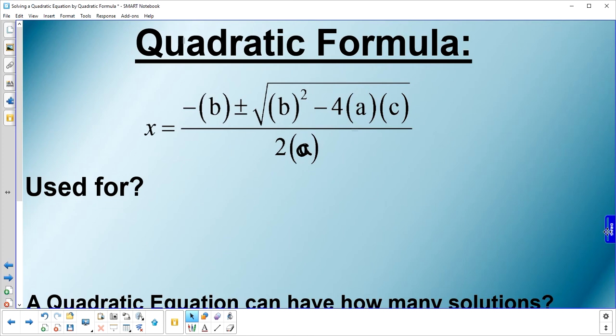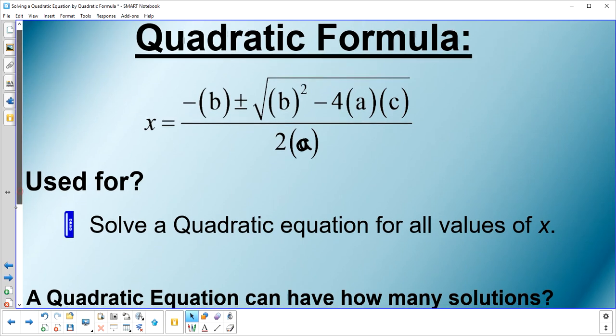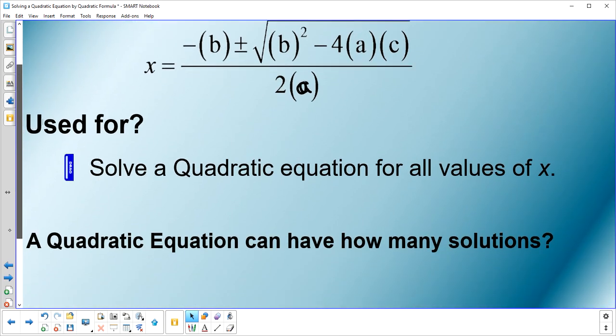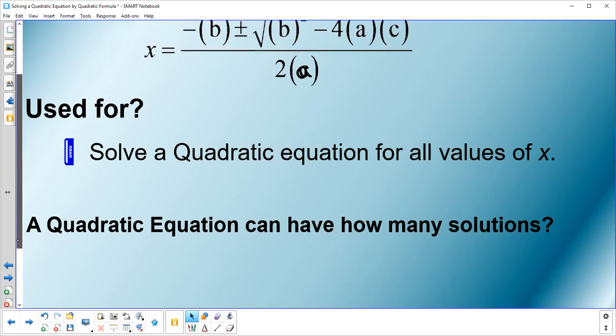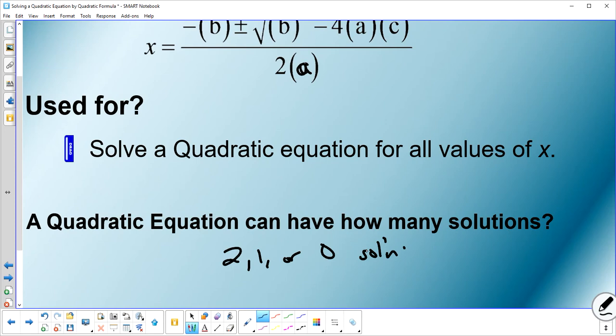And we're going to use this in order to solve a quadratic equation for all values of x, because sometimes there will be equations that are not factorable, and therefore we couldn't do the zero product property, but we can always do the quadratic equation. Again, a reminder, we can have 2, 1, or 0 solutions in a quadratic equation. And we'll talk a little bit more about when we have 0 solutions with this stuff than we did on